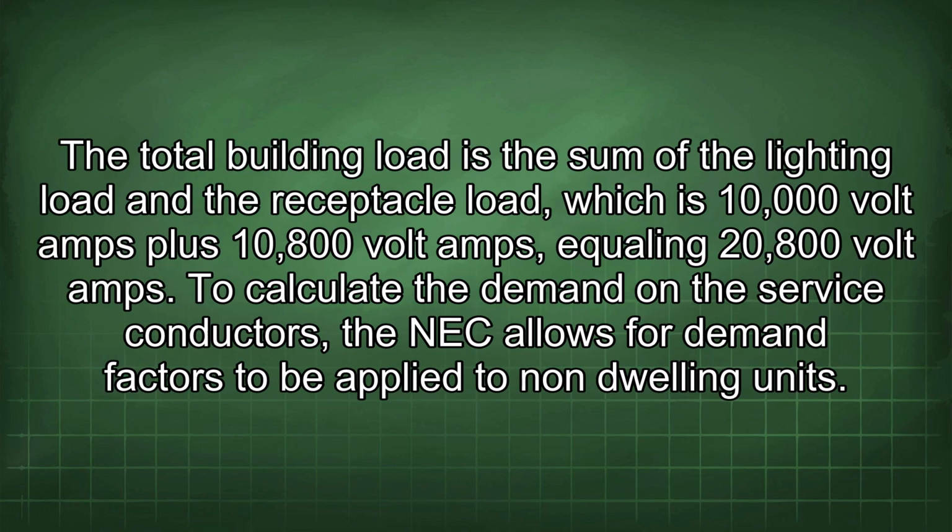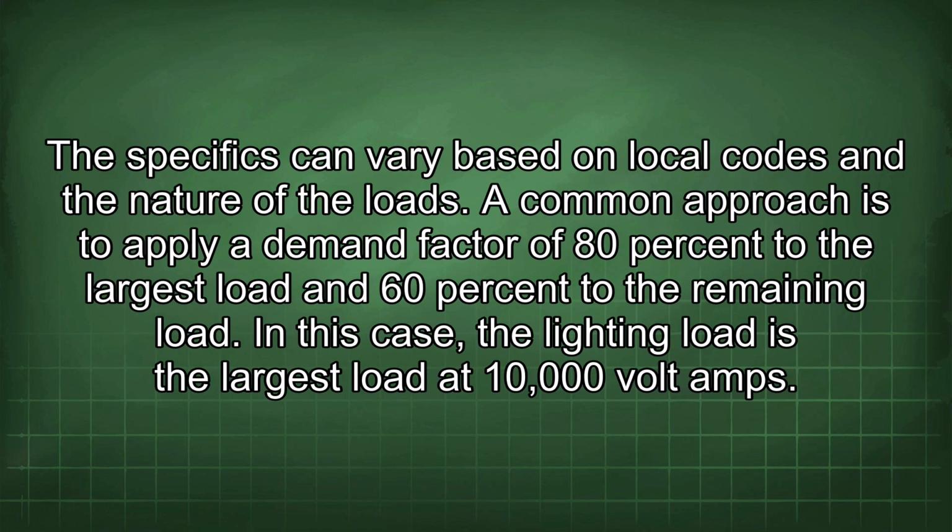The total building load is the sum of the lighting load and the receptacle load, which is 10,000 volt amps plus 10,800 volt amps, equaling 20,800 volt amps. To calculate the demand on the service conductors, the NEC allows for demand factors to be applied to non-dwelling units. The specifics can vary based on local codes and the nature of the loads. A common approach is to apply a demand factor of 80% to the largest load and 60% to the remaining